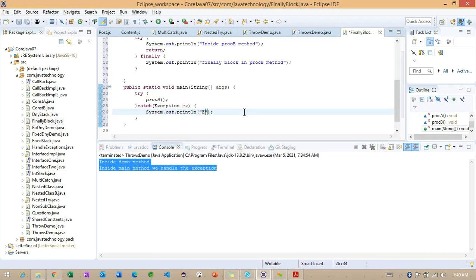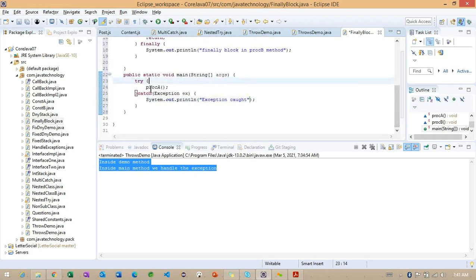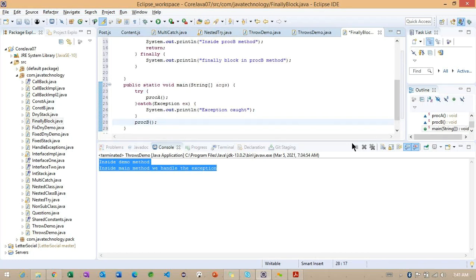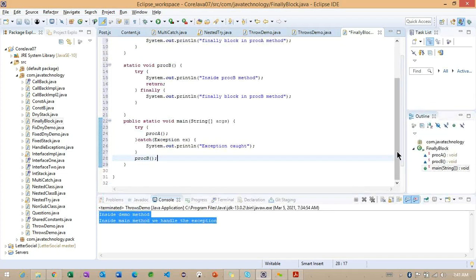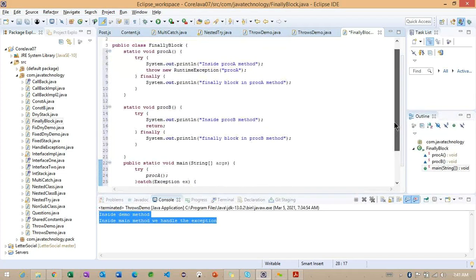And after the catch block, I'm calling one more method. So carefully observe what we are doing here.